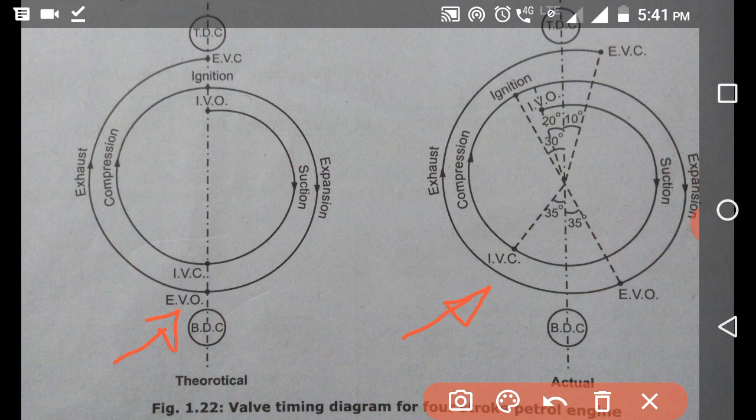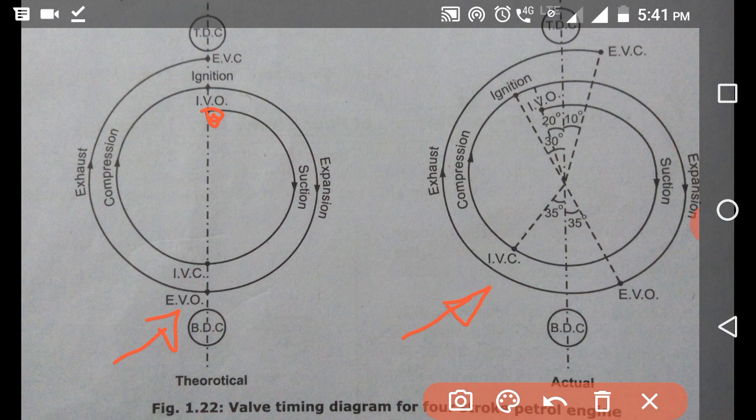When the suction process starts, the piston is at top dead center, so this is the TDC. And we have discussed that when the piston is at TDC, the inlet valve will open instantly.